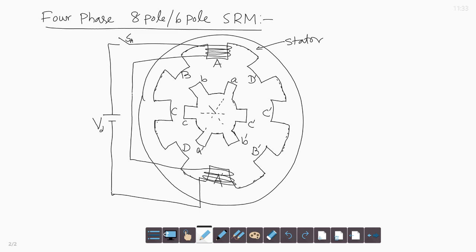The next pair, there are four pairs like A dash, B dash, C dash, D dash, four poles, 4 pairs and 4 phases. So, after alignment of the rotor pole occurs along the stator pole, immediately the stator pole is de-energized by opening the switch, and another pair is energized, so that again the rotor rotates in the same direction and continues to rotate. This is the principle: reluctance torque is produced all the time, and the rotor will always be chasing the path of minimum reluctance.